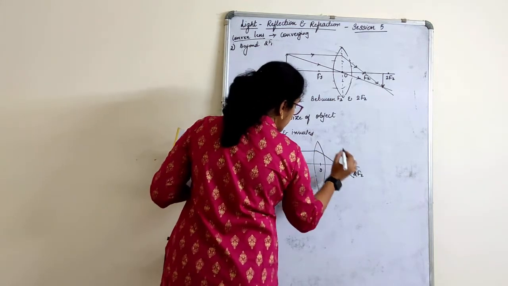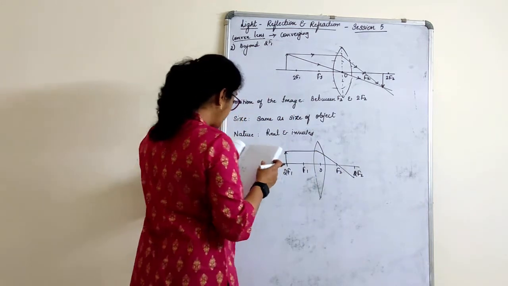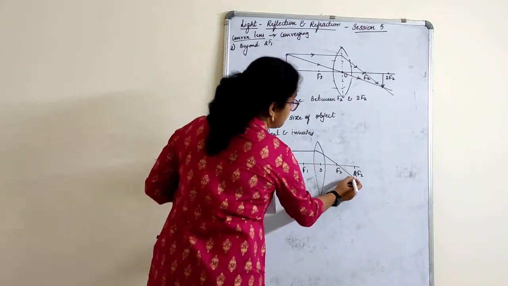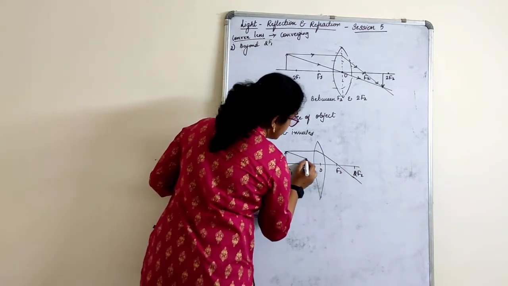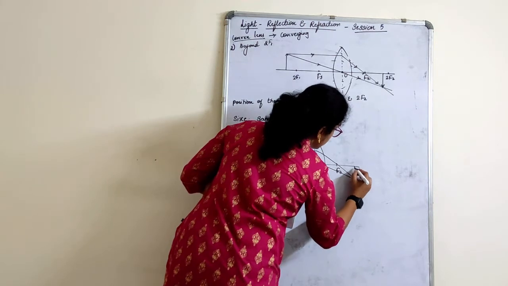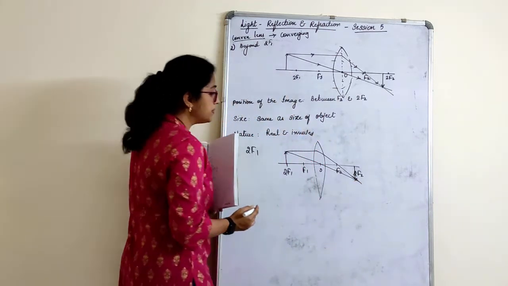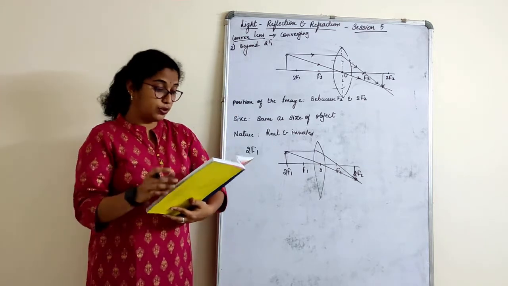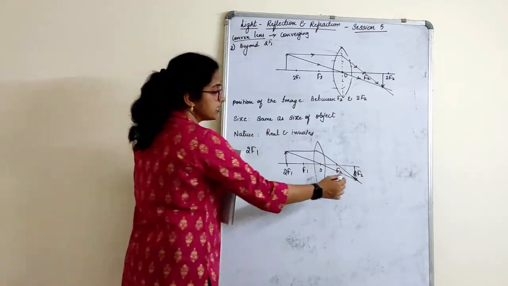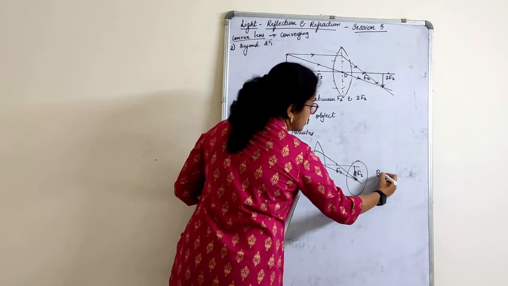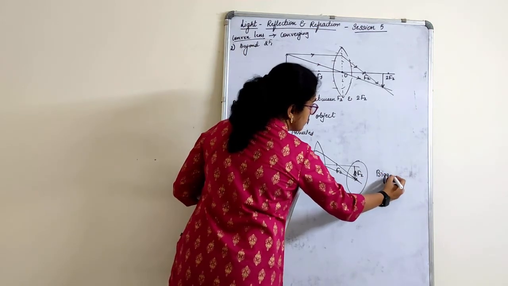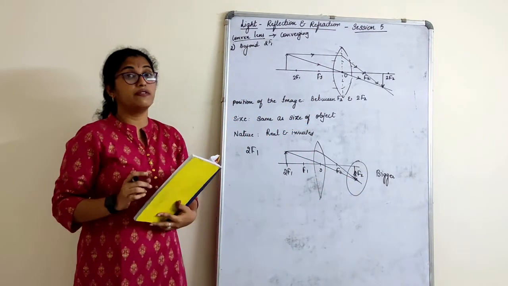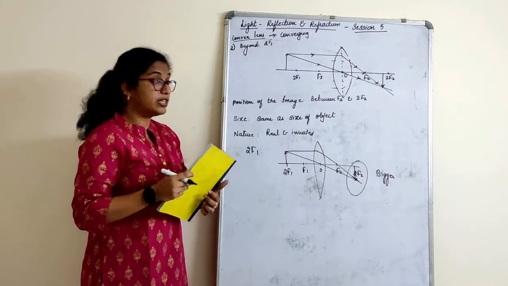First ray comes, it comes here. The second ray will directly go through the optic center. So when it comes here, the image is formed here. That means when the object is kept at 2F, the image is formed at 2F. Size, I have got this size, but this will be bigger. It's homework for you all, which you will be doing here.